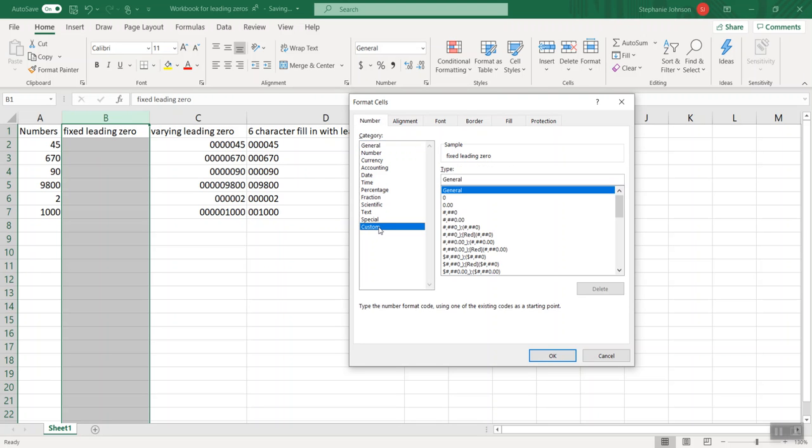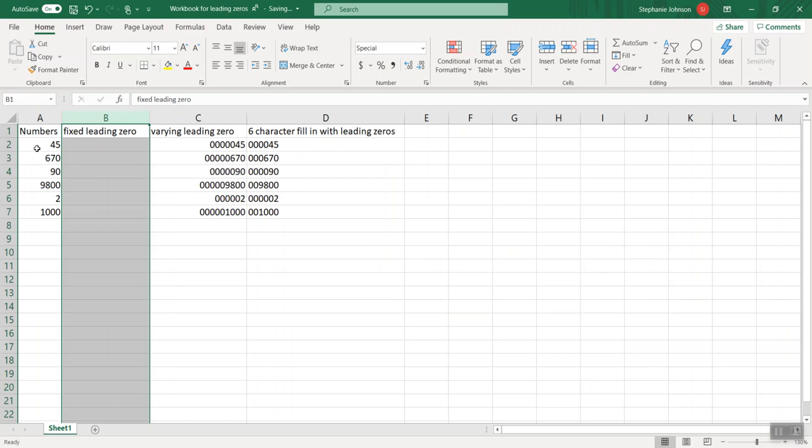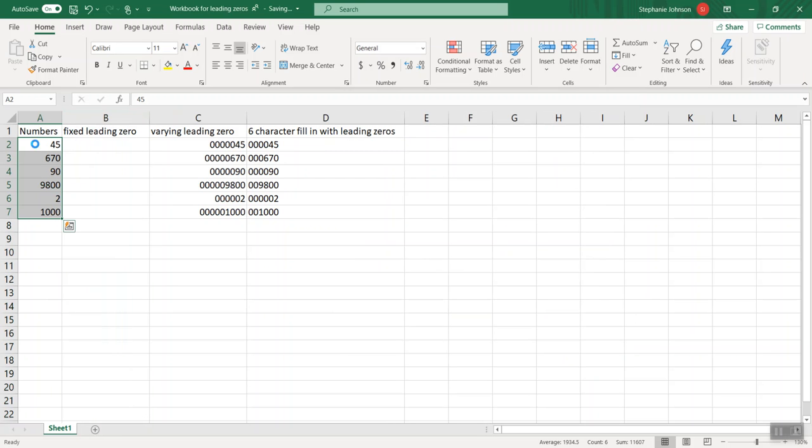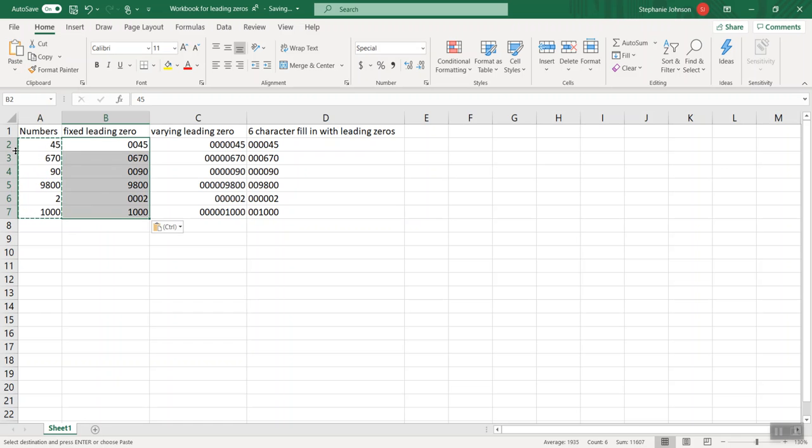We're going to go to custom, and then because our largest text in this column is 4 digits, 1, 2, 3, 4, then we can go ahead and click OK. So now if I copy and paste these numbers into here, I'm going to do a paste special where I'm only going to paste in the values. Then at that point, just like that, the ones that are not 4 digits long, it's just filling it in